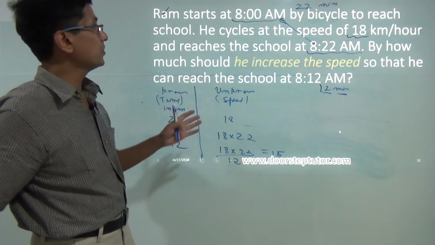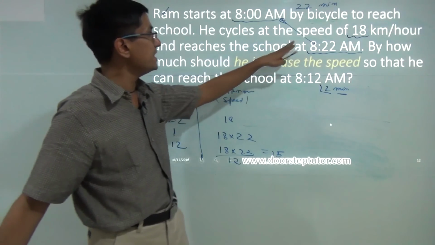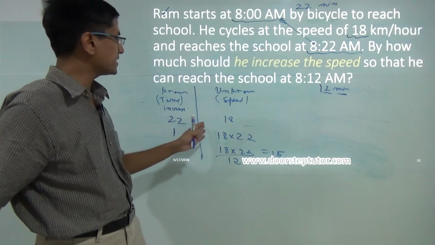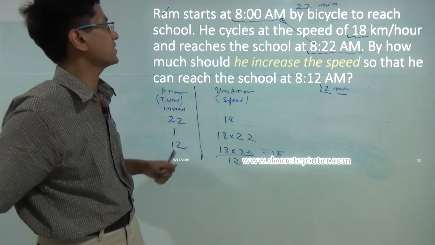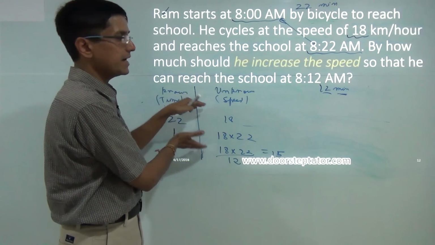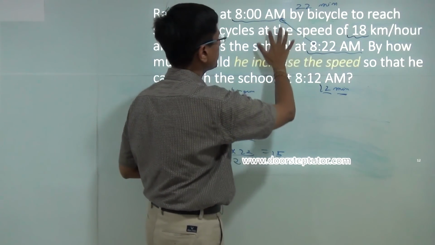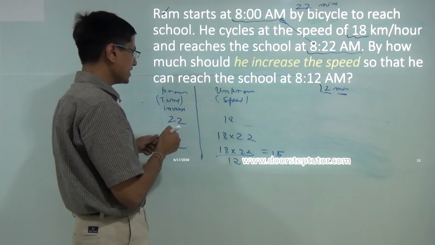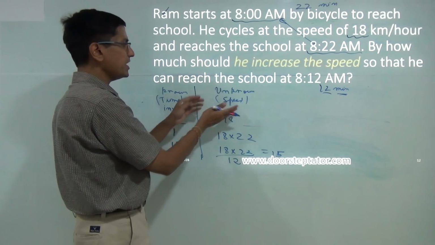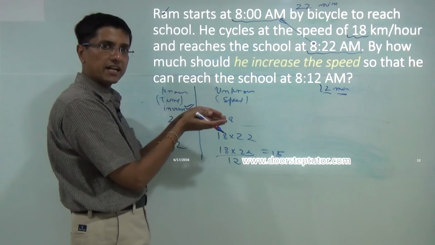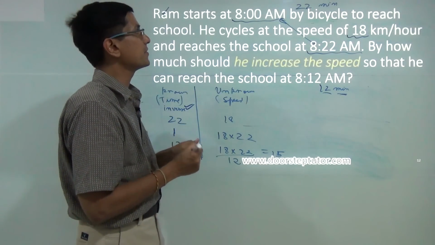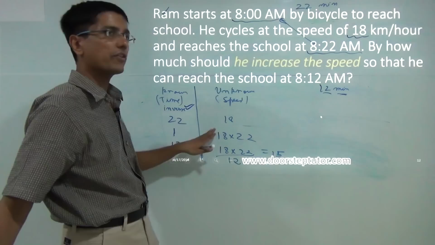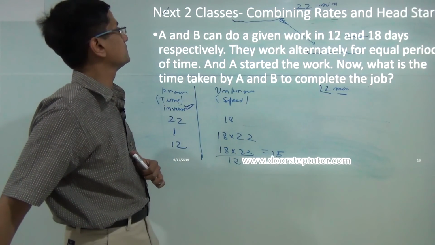Good. So now we have used this technique in several different kinds of problems, and you can see that it's a very, very simple, very, very direct technique. So most of the time would be spent in actually deriving the various variables and their values, what you need to put in this table, and finding out what is the kind of relationship with the unknown, whether the variables are directly related or whether they are inversely related. That would be the trick involved in the question. That is where your time would be spent, not in these mundane calculations.